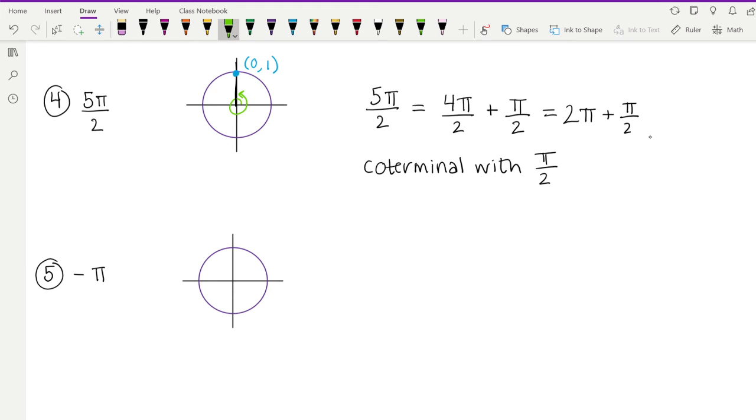Because negative pi would be measuring 180 degrees, but going this way instead of this way. And so it's going to put us at the same part of the unit circle that we were at when we did pi, and we end up with the same terminal point. So the terminal point for this one is also (-1, 0). So this one is coterminal